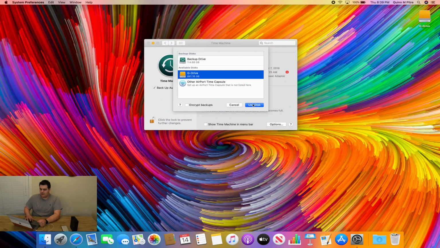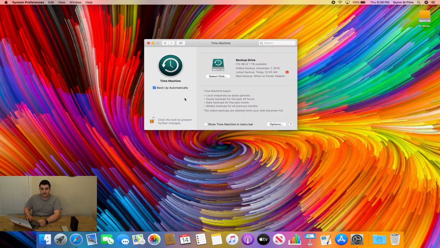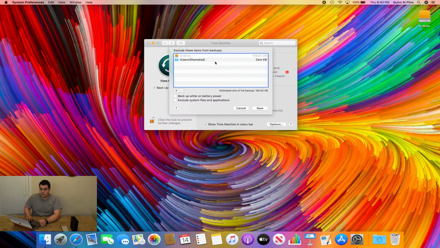And once you do that, you're going to want to make sure that backup automatically is on, and Time Machine in the menu bar is on. That'll make it easier for you to access Time Machine and force it to take a backup at that time. And you have these options over here in the bottom right corner. This is your options to exclude from your backup. If you want certain things to not back up on there, you're going to select them in this Finder window. And you also have options to back up on battery power and to exclude system files and applications. And then once you decide what you want on there, you can click the Save button,